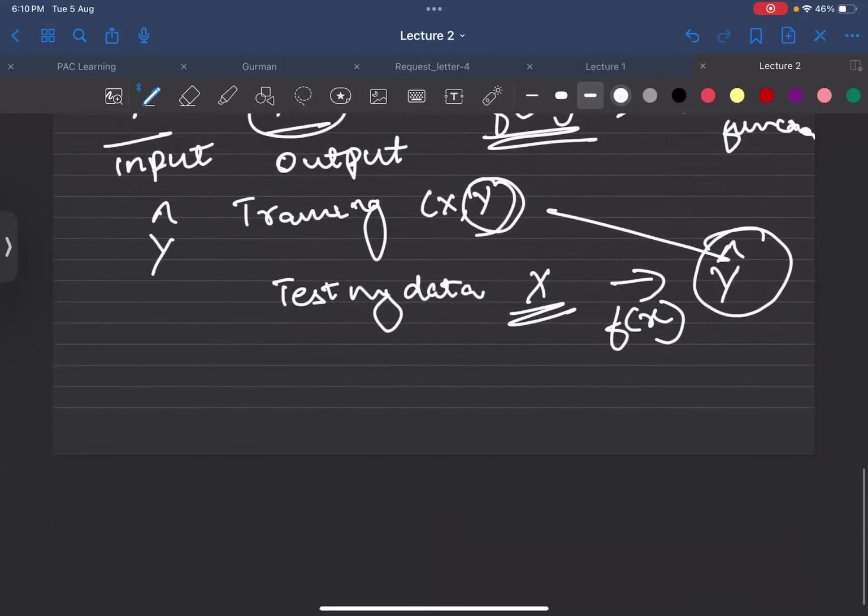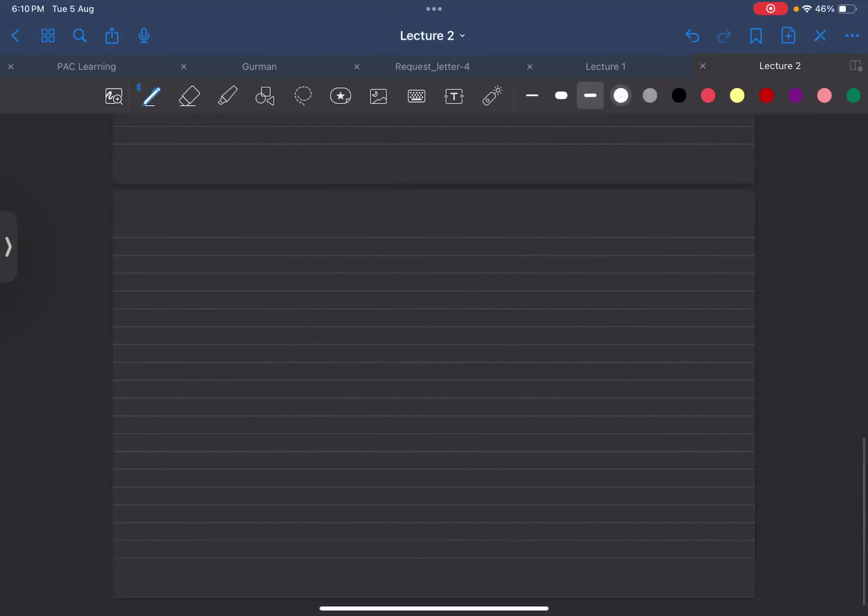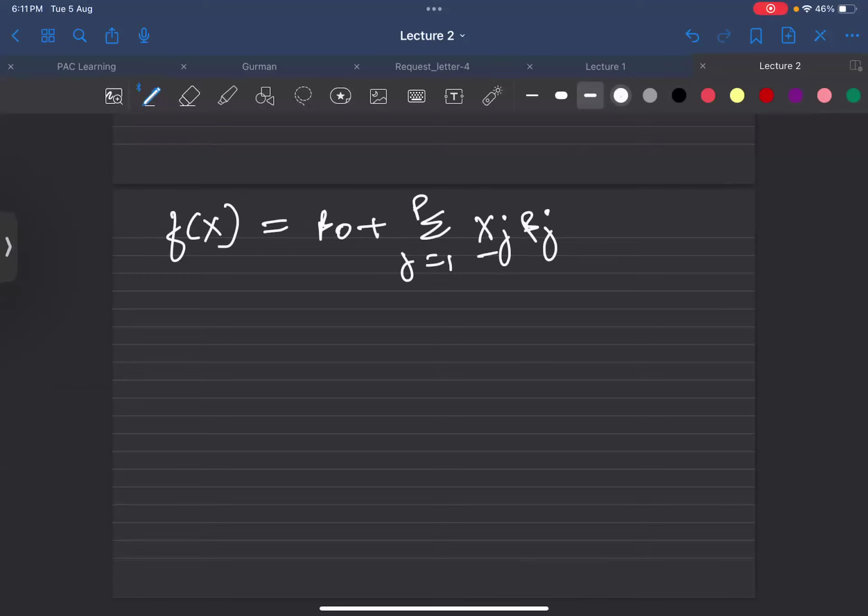Then we move to the k nearest neighbor and the linear regression. Linear regression, though, I'll cover in detail, as there were many doubts in the last lecture also with you guys, like why is b naught there, or what is the role of the coefficients or weights here. So I'll go in detail with this linear regression. Then we went to the nearest neighbor regressor.